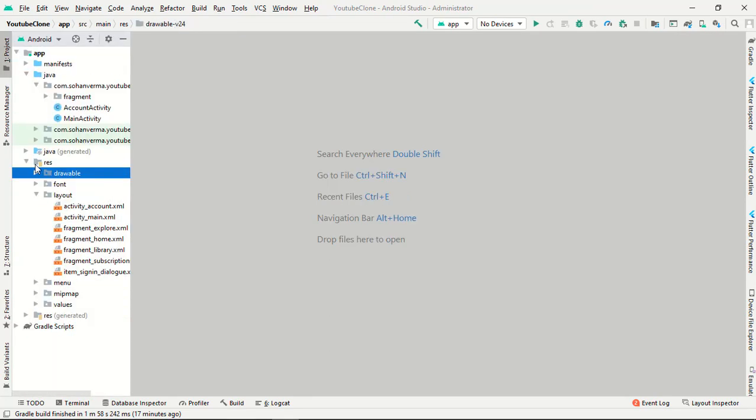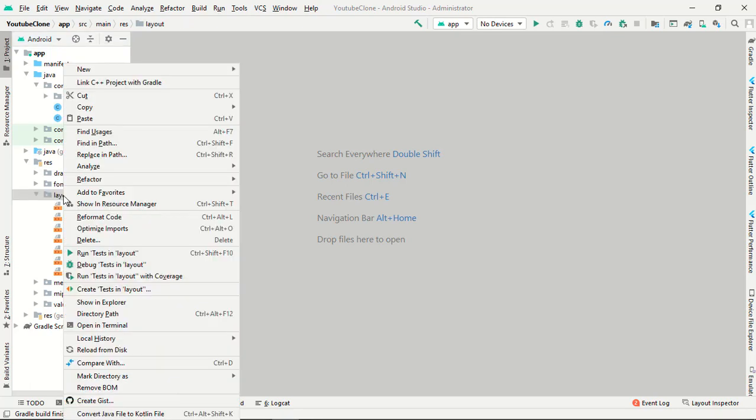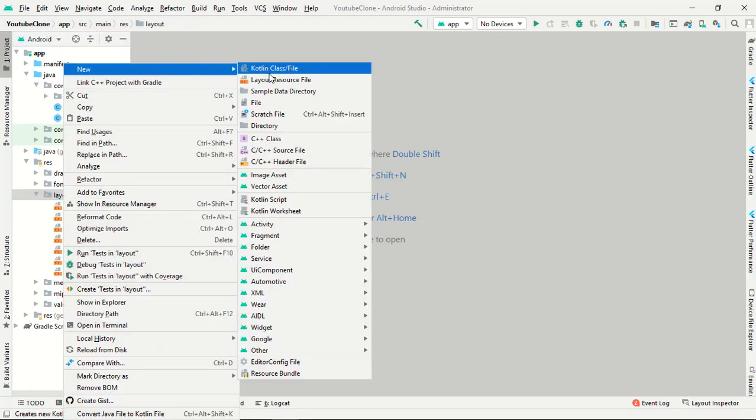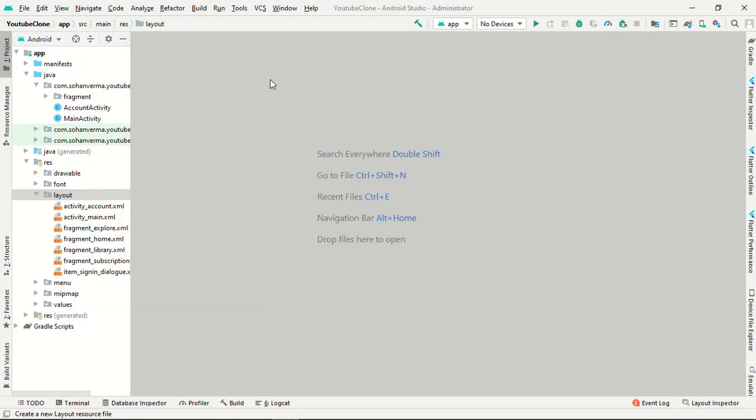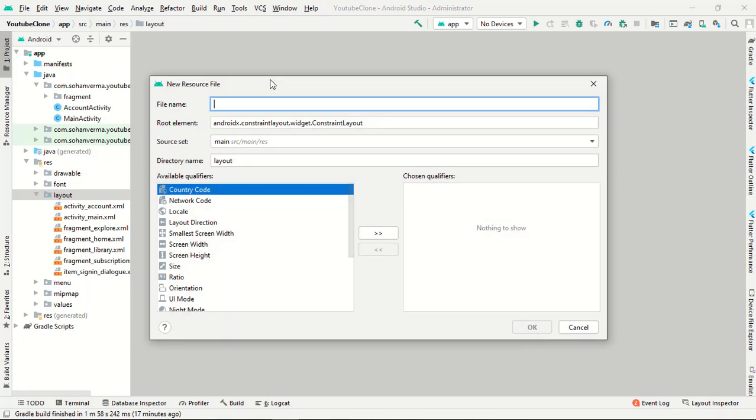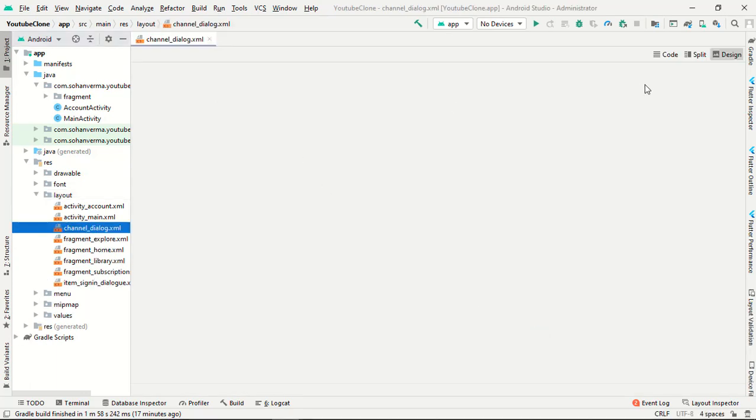So now we want one XML file for creating a dialog. Just type channel_dialog and the root element will be relative layout, and okay. So it will create one XML file for you.